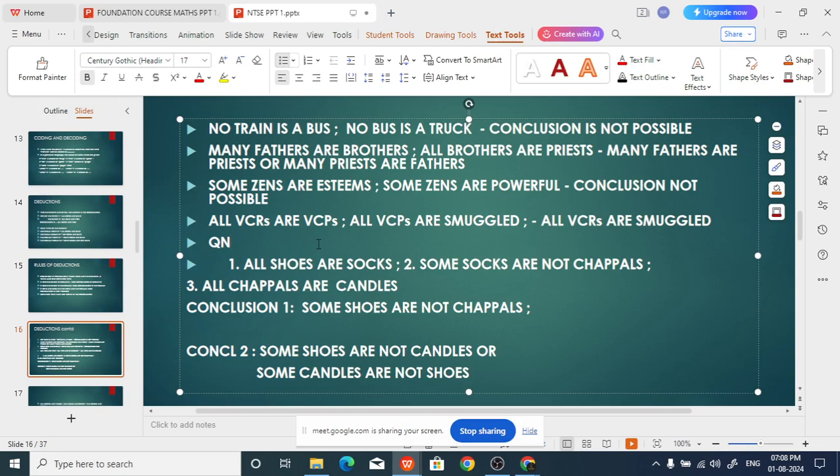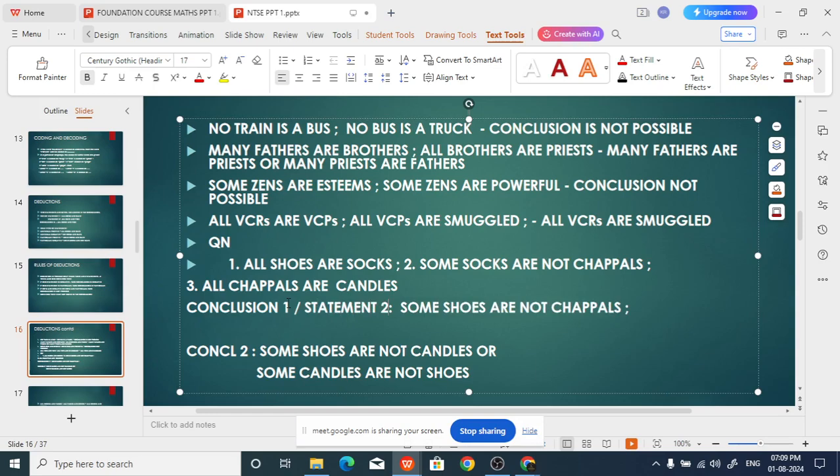So what will be the conclusion between 1 and 2? Some shoes are not chappals, sir. Some shoes are not chappals is the conclusion for 1 and 2. I have already written conclusion 1 is from 1 and 2. Now I am comparing statement 3 and conclusion 1 and I am getting conclusion 2. Statement 3 is all chappals are candles, that is universal positive. Conclusion 1, or you can call it statement 2,